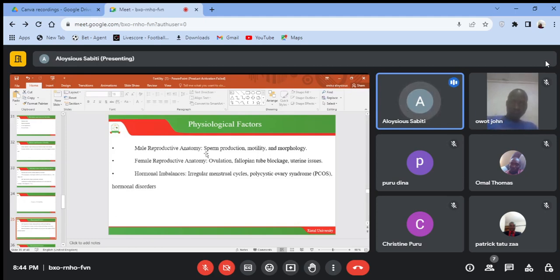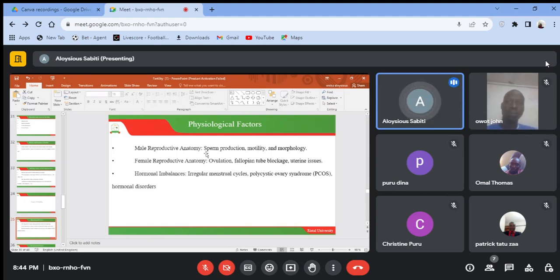So here, whereas we are looking at male reproductive anatomy, when we are referring to infertility, you should understand that if we're talking about sperm production, then a person can be rendered infertile if their sperm production is very low, or may not make a female to conceive. Whereas if we're talking about someone being fertile, then it would mean that the sperm production is higher, and that can actually make an individual